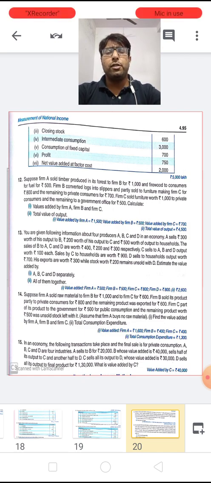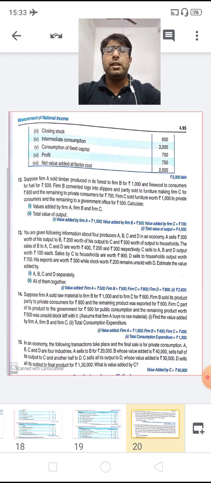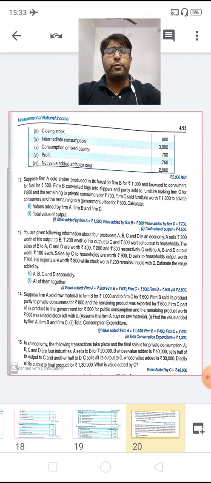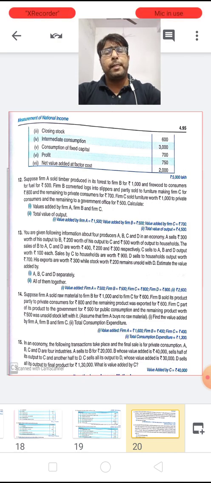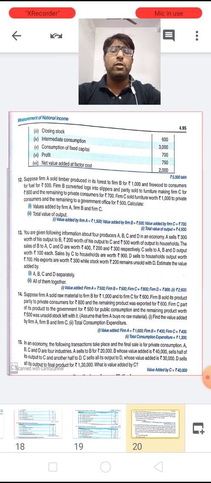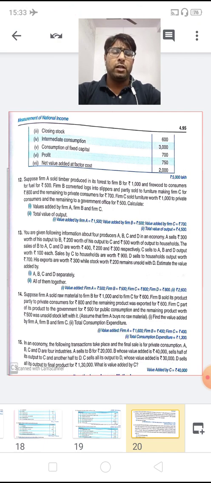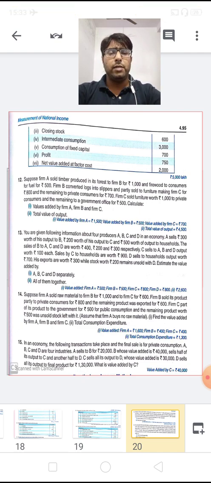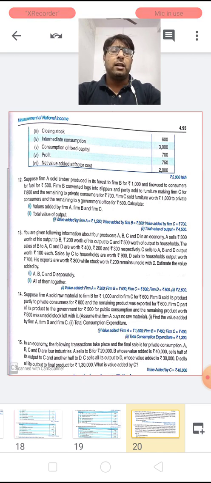So children, that's all for today. In the next video we will learn the next method of calculating the national income. Before going to the end of the video, I want to revise it again. We have learned today the concept of the value added method. We have learned the value added formula, which is value of output minus intermediate consumption. We have also understood that each producing unit is going to add value to the raw material, that is intermediate cost, and each sector has its own significance in calculating this national income.